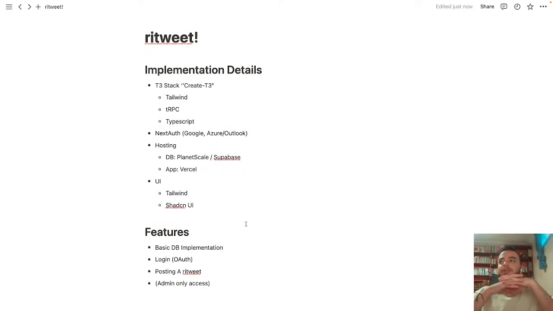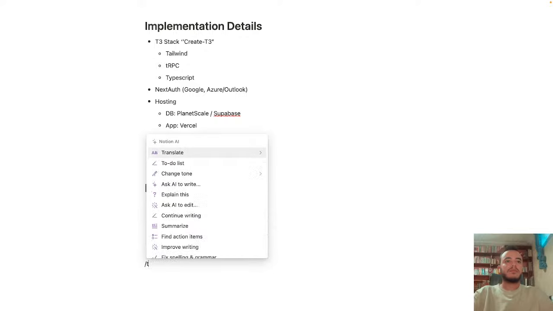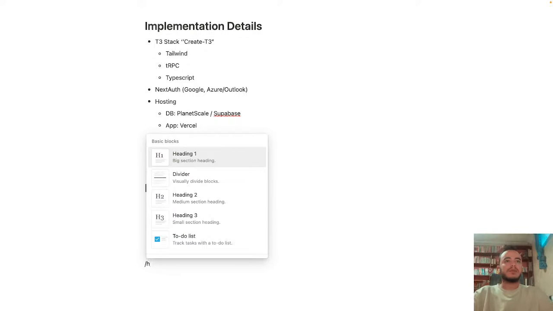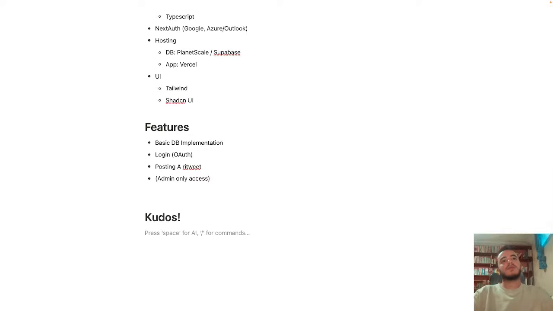Or should we just scrap the whole idea and try to do something with kudos? So if you were to do something like kudos, what would we want to implement? Like a bigger header. Okay, kudos. So kudos, it means thanks. So